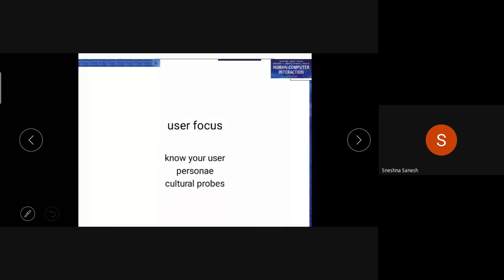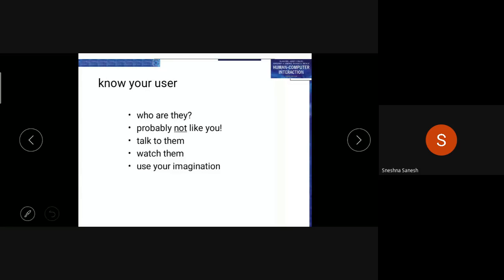So user focus is very important. Know your user's personal culture. The user may view the information from the center, then go right, or they will start from the center, right top corner, then center. So the focus is what the user does, and there you have to